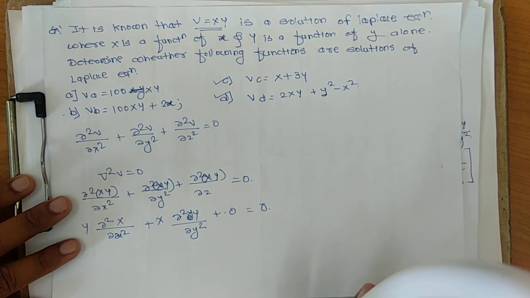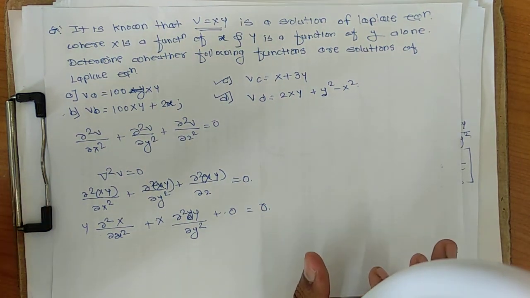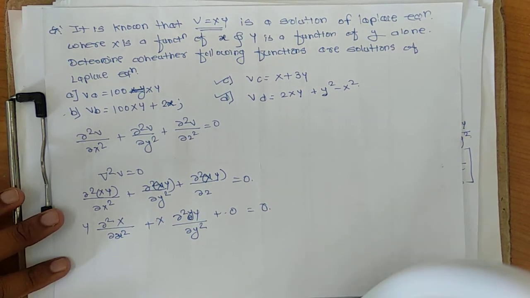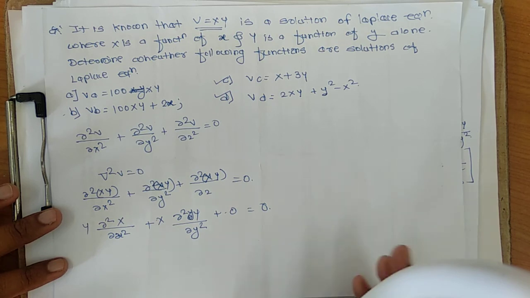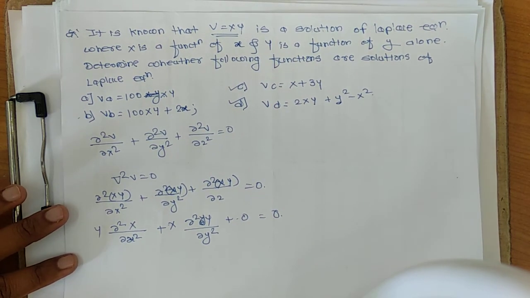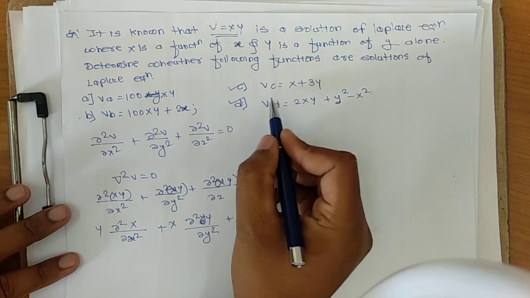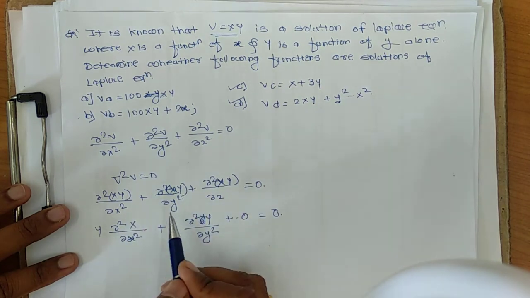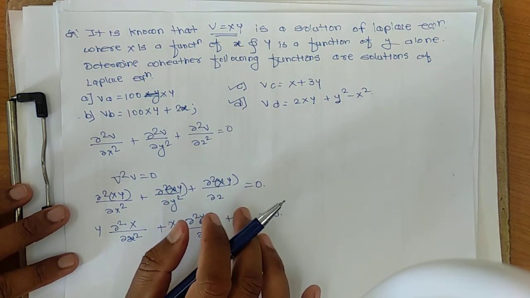You don't have to forcefully say that it is 0. You solve it and you will not just say that it will be 0. I will check whether your answer is correct or not. You just have to calculate and find out whether these equations are coming 0 or not. Okay, so try this for the homework.